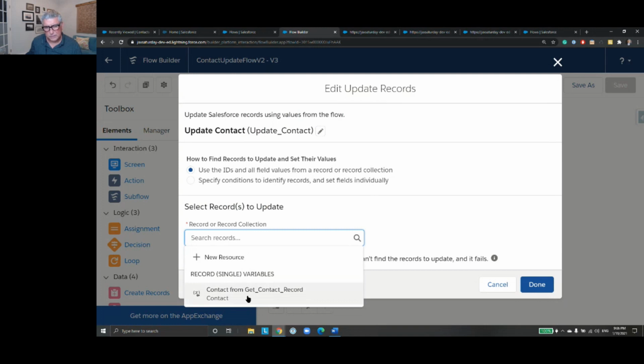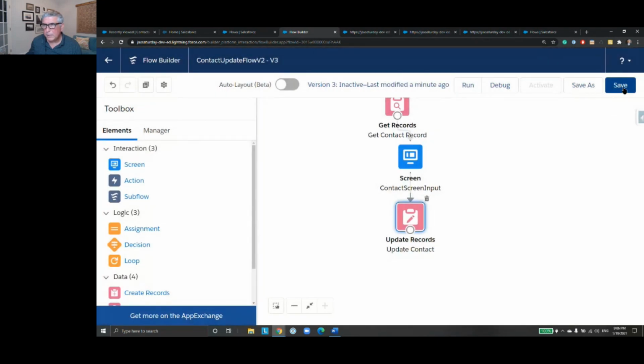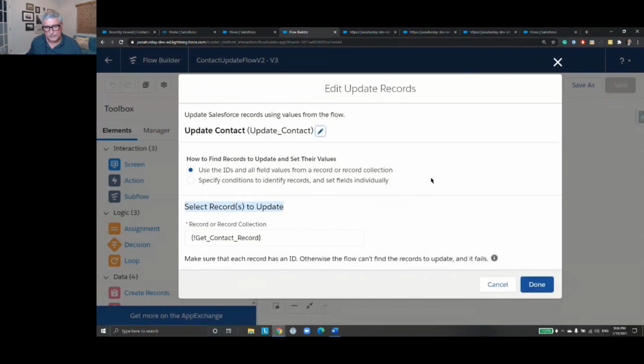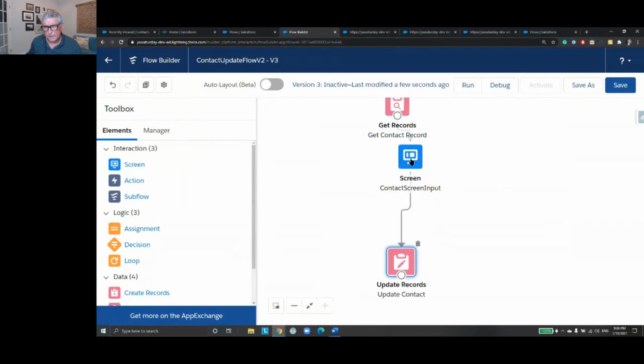So this is the record variable that was automatically created and generated for me. So I'm just going to use that. And when I do that, it's going to still do my updates. See right here? The only one thing that doesn't work this way is